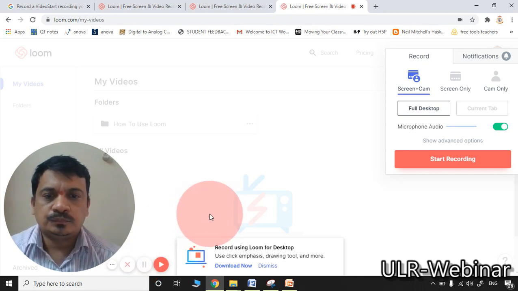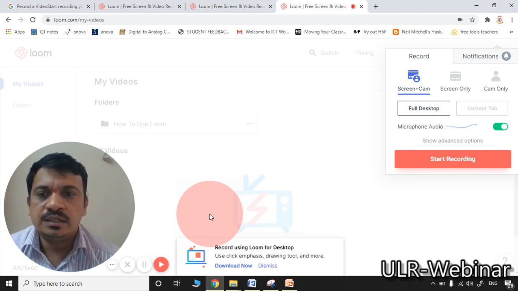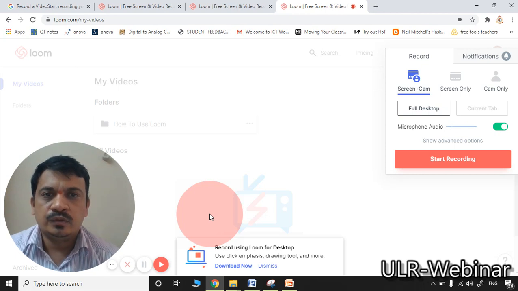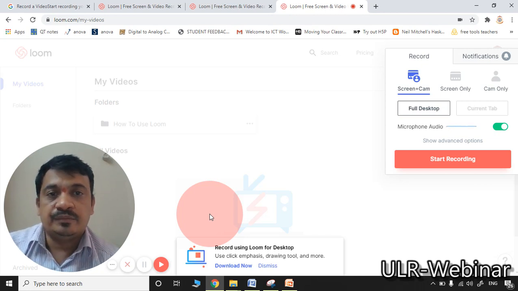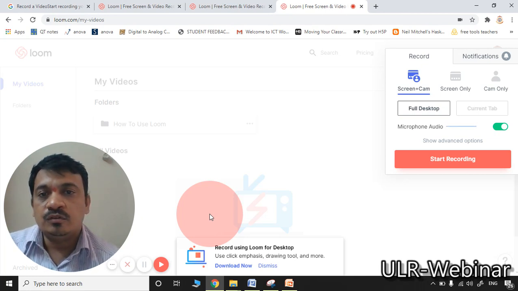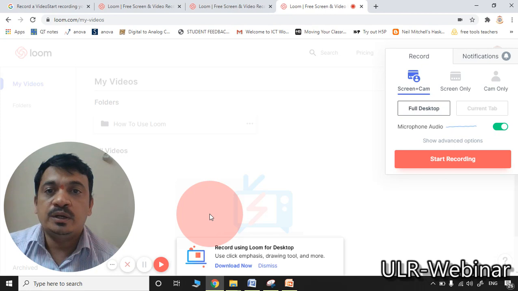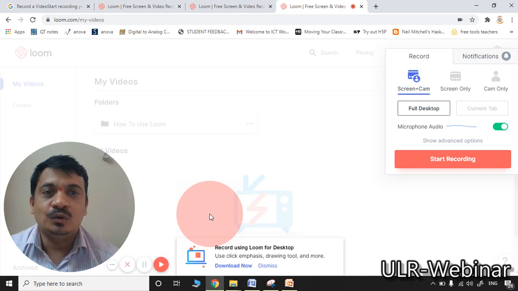So this is the explanation related to the Loom. Just by using the extension from the Chrome browser, comfortably you may start the recording. But here the only drawback is that up to only 5 minutes you may do recording. If you are having a G Suite account in your organization, then you may get this Loom premium version for free. They will verify your organization email ID and G Suite details, and they will give it for educational organizations for free, means unlimited time. For unlimited time you may do recordings by using the Loom. So this is the story about the Loom recording tool.